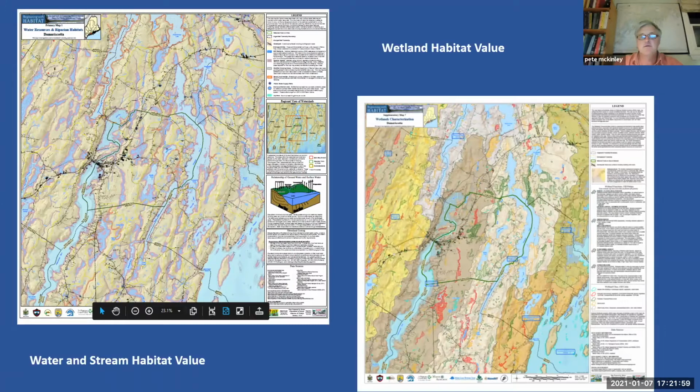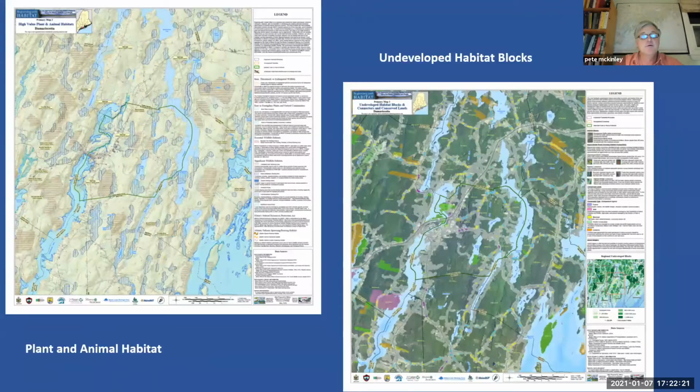Among these data layers, you may have heard of ecological resilience, a data set published by the Nature Conservancy that takes into account numerous ecological values: biodiversity, contiguity, connectivity, and predicted resilience to climate change. That is the capacity for the populations of animals and plants to adapt. I've alluded to the undeveloped habitat blocks or ecological integrity. The map to your right shows the